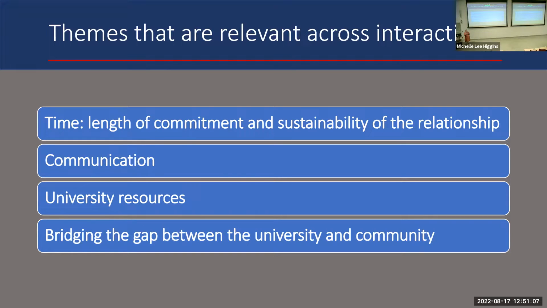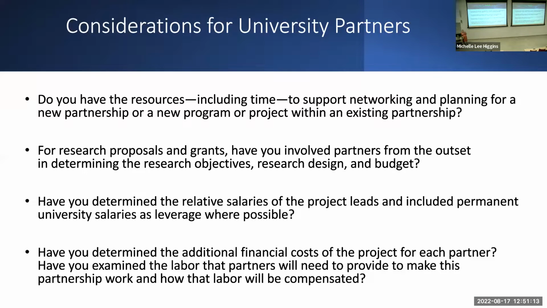It's inaccessible, it's unapproachable. So there are community perspectives on those things. At the end, there are summary considerations for university partners as we're reaching out to the community. What are some of the things we need to be thinking about? We're pressed for time, so I'm not going to read every single one, but these slides will all be shared